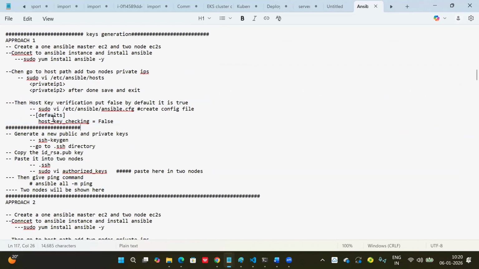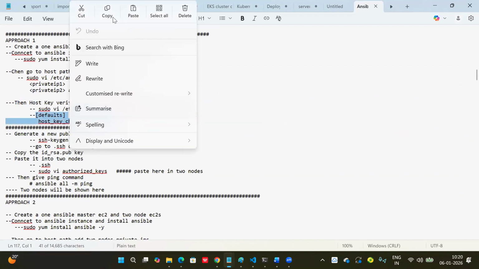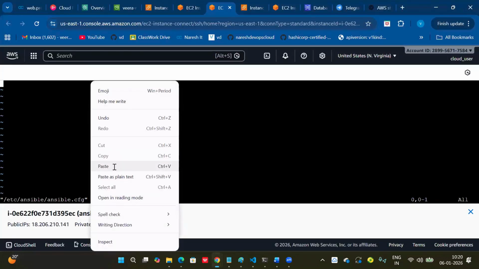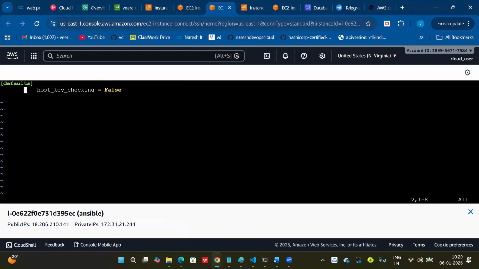So here, I'm adding host_key_checking equal to false as a default activity. Before adding, this behavior was true. I'm changing this behavior to false.